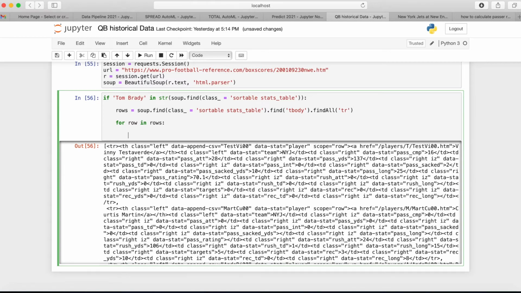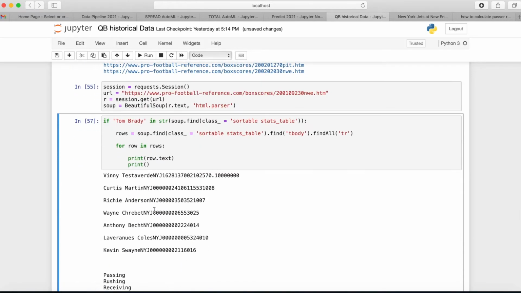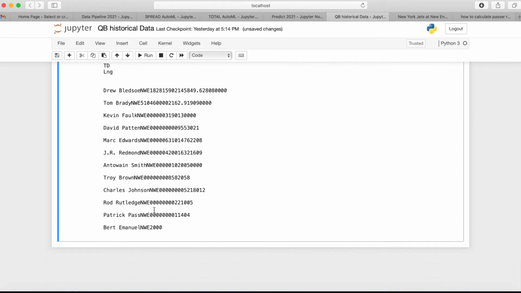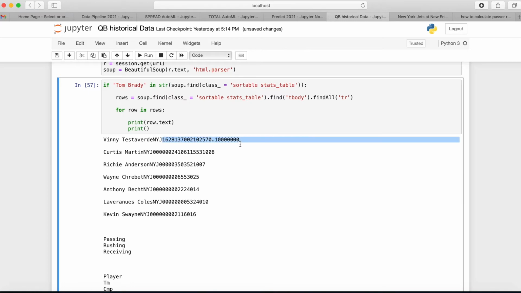And just for the sake of showing what's happening, we can say print row dot text, and then also print a space. If I run this, it's going to show me all the things that it's picking up, and you can see it's all over the place because all the stats are just getting printed as text. We're going to do a little cleaning up and formatting, but just for the sake of showing what's happening,